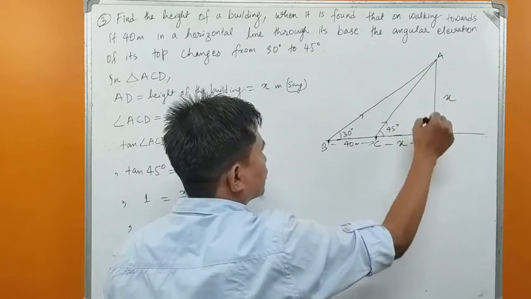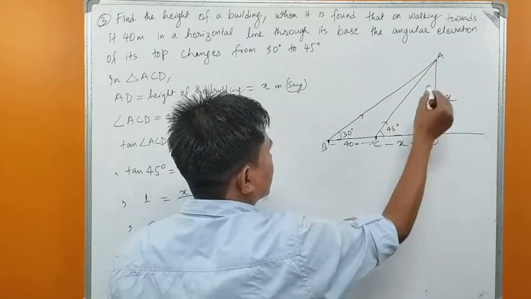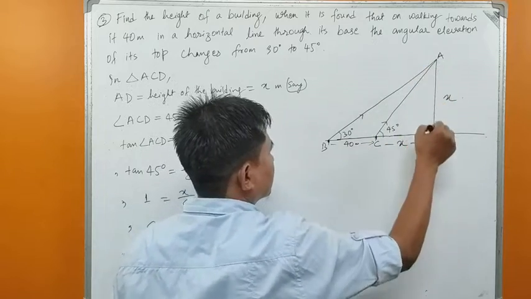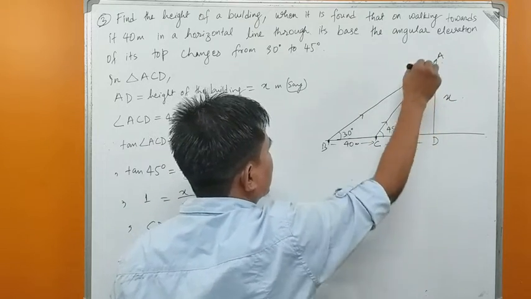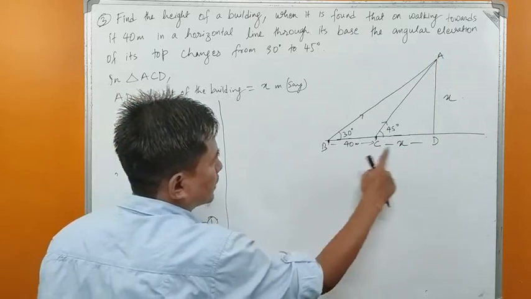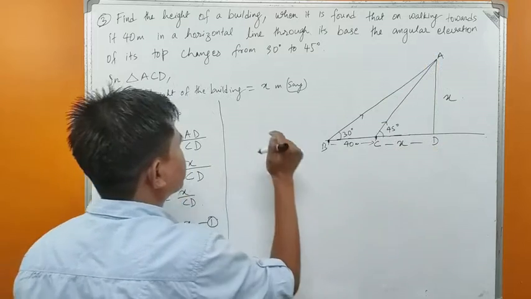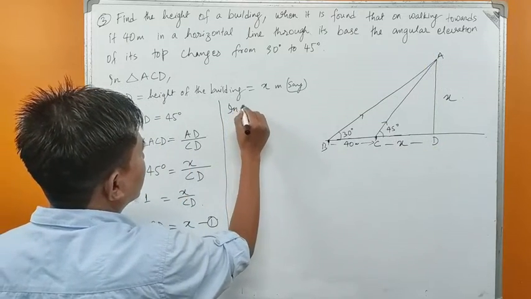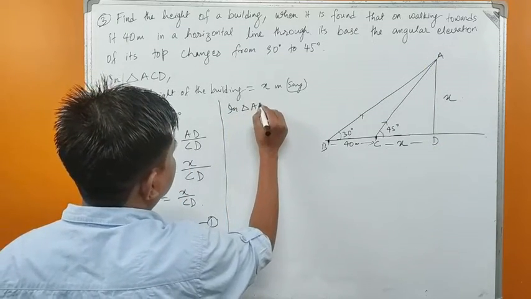Perpendicular is common to both the triangles. Okay, ACD and ABD triangle. Sorry, perpendicular AD is common to both the triangles. So base is BD for the bigger triangle, isn't it? In triangle ABD,